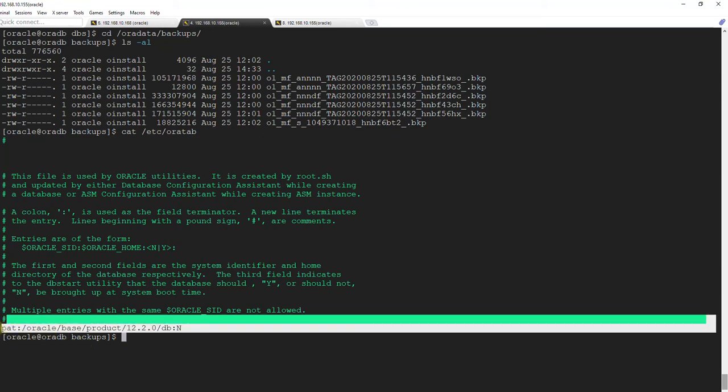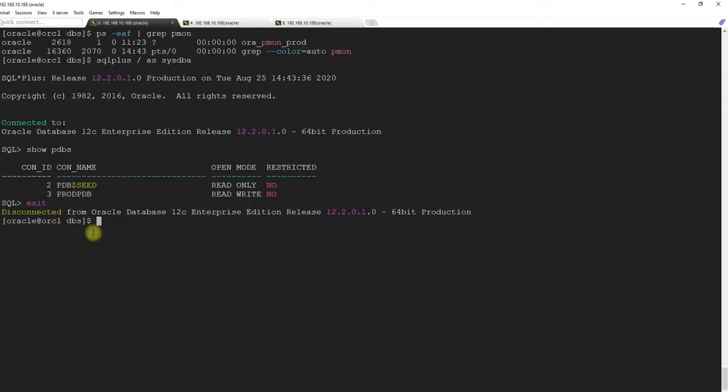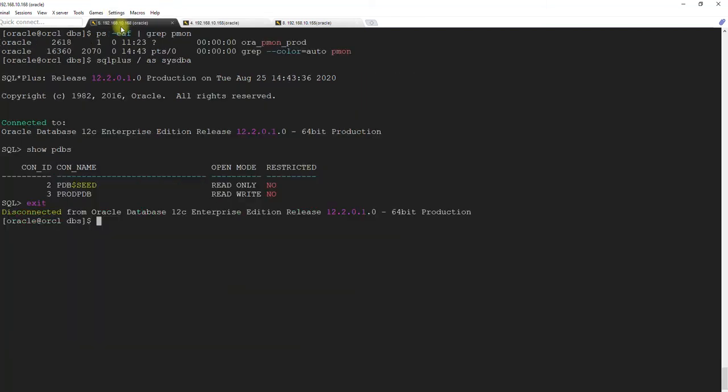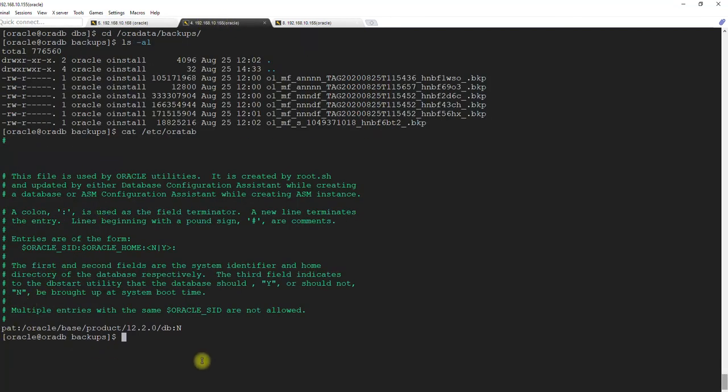For details, you would need to go to the primary server, query or find out the details from cat /etc/oratab, and then copy and paste it here and change the value, right? In the primary server it's production, this is PAT. The naming convention I'm following is because this is a lot easier to remember, and this is not a real environment as well. Okay, so that's done.